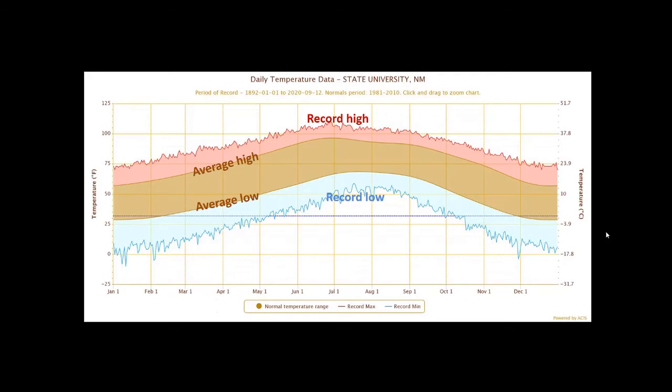You can see it starts out low in January and peaks toward the end of June. And then it goes back down again, and then it repeats. And then we have the red lines that show us the record highs, and the light blue is the record lows. So all the data that was in that previous slide gives us the information about the climate. When do we get the highest temperature? When do we get the lowest temperature? What is our average high on a particular day?